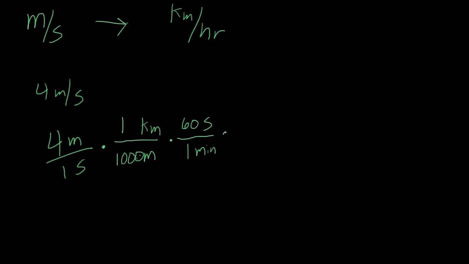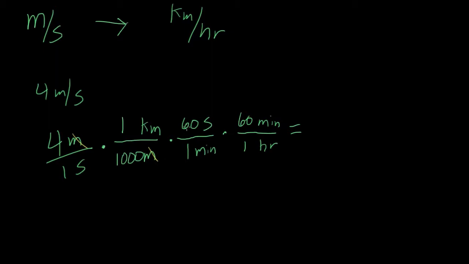All right? So that would cancel our seconds, but then we'd have kilometers per minute. And that's still not what we want. So we need to keep going. We need to cancel minutes. And we should know how many minutes are in an hour. It's 60. So now if we do this and we multiply straight across, we'll notice that we can cancel our